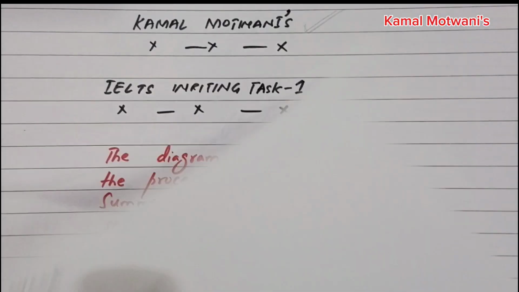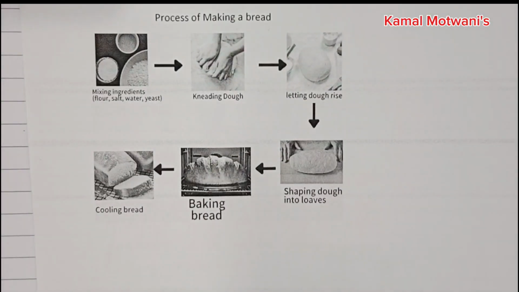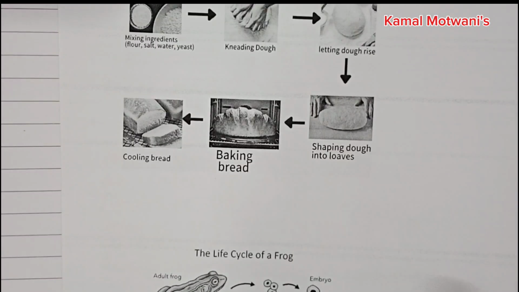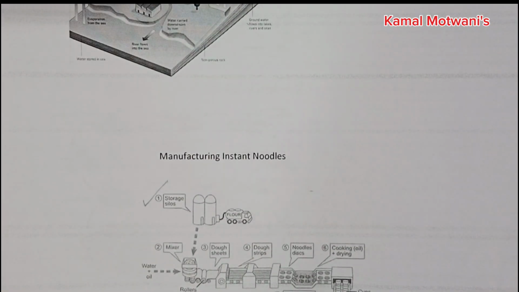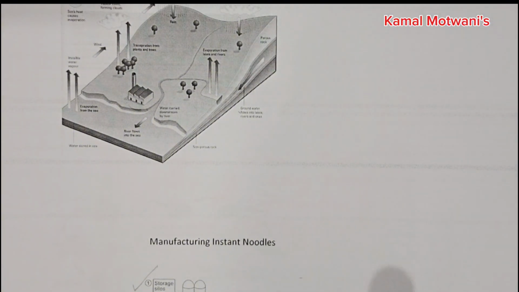See, these are not the types of the process diagram, rather these are the examples of the process diagram, so that whenever any of these writing tasks 1 you are faced with in the examination, you should know how to solve it. So these are the types of process diagrams that you should know, that even in the examination hall, you may be faced with any of these or any type of these tasks, so you do not get confused how to solve it.